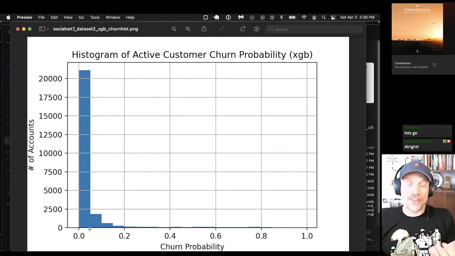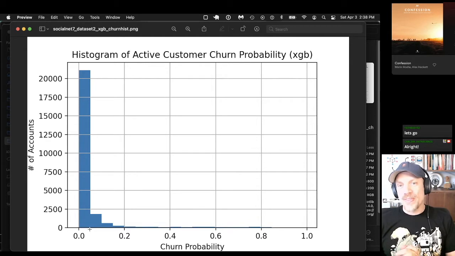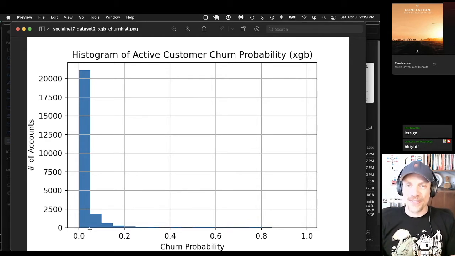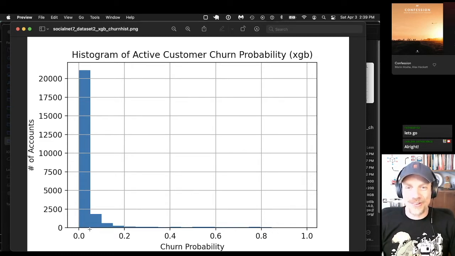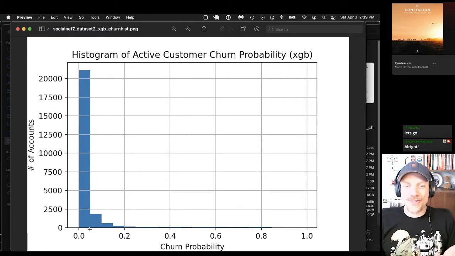Why? This has to be the case because, remember, the average churn rate is 5%. So if the average churn rate is 5%, the average probability of a customer churning has to be around 5%. A lot of times after I do a churn analysis or predictions, people will ask, where are the customers who are 90% likely to churn?